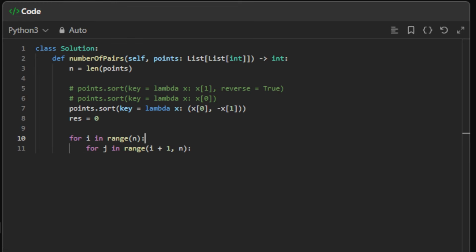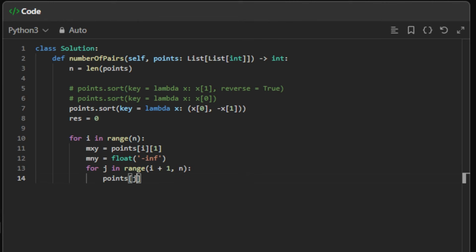And here we will say the maximum y is points[i][1], and the minimum y is always minus infinity initially. Okay, so now from here we can say points[j], this has 2 values, we don't care about the first one, and y,